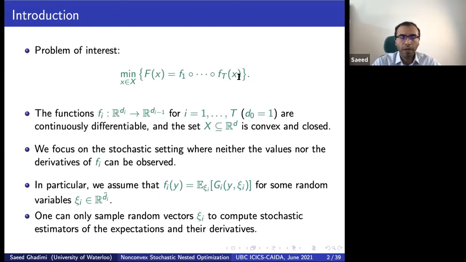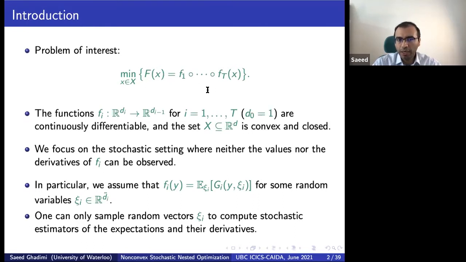optimization problem. Or if just the outer function f1 is a stochastic function, meaning that we don't have access to its exact information, such as the function values or the gradients of the objective function, then it is still a classical stochastic optimization. But if any of these inner functions is stochastic and the outer function is not linear,